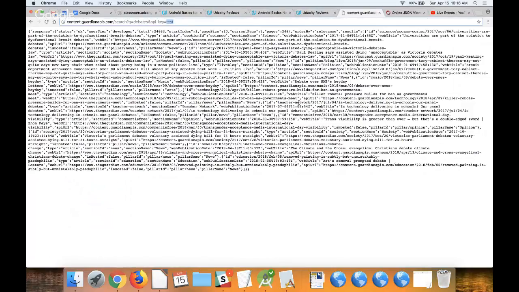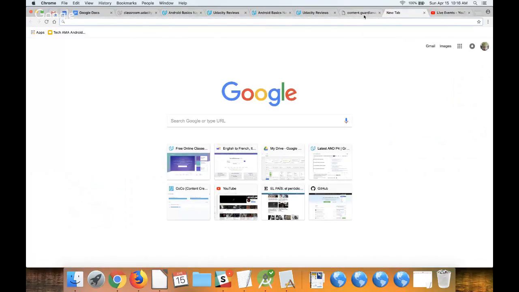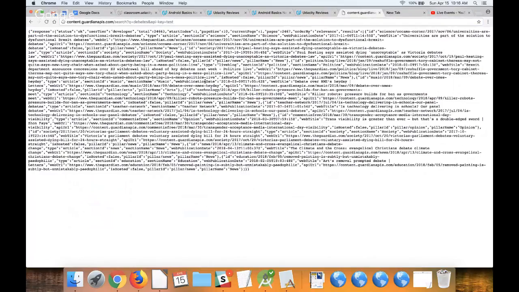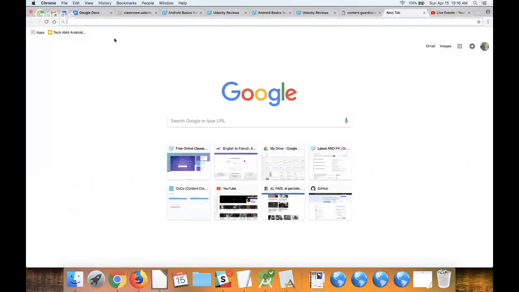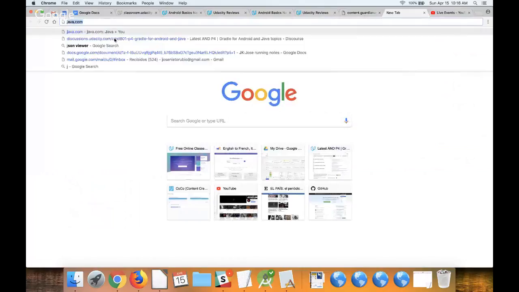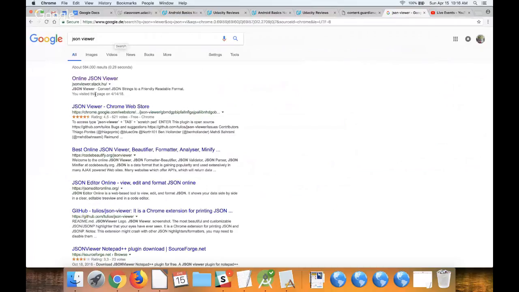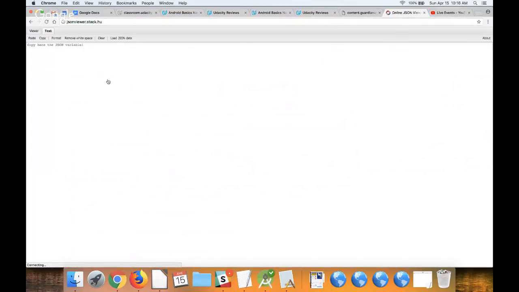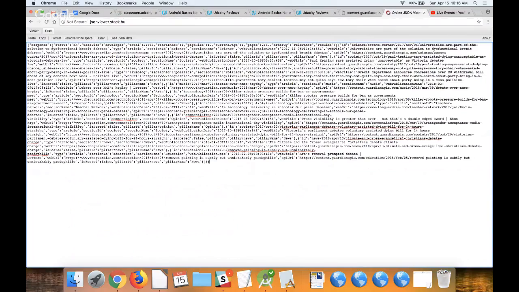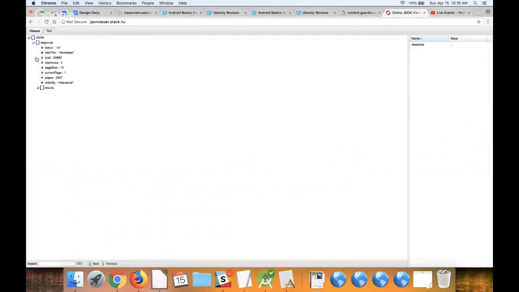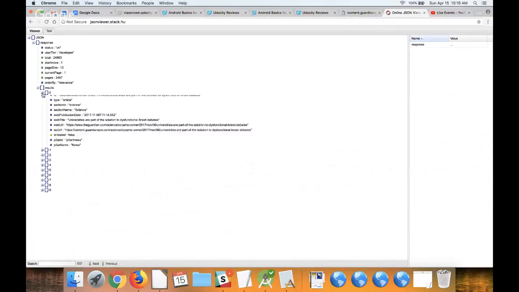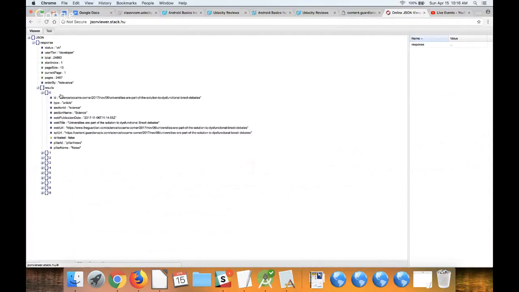If you copy this and search for a JSON viewer, you have different options. I usually take the first one. It's nice enough. You paste the JSON here, and you can view it like a tree, which is nicer. So you can see the things that it has.